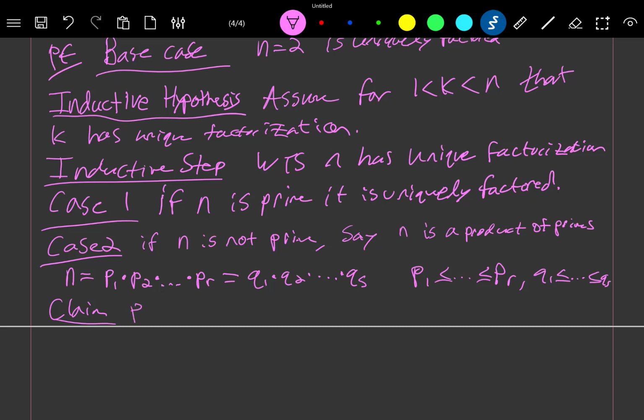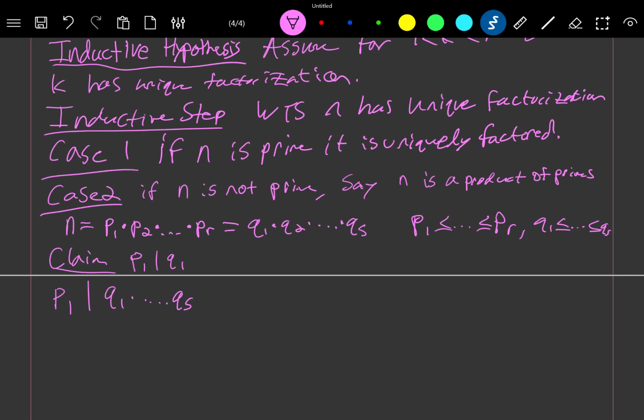So I claim that p1 divides q sub 1. So we know p sub 1 divides this entire product, right? So since it's a prime number and it divides a product of primes, then